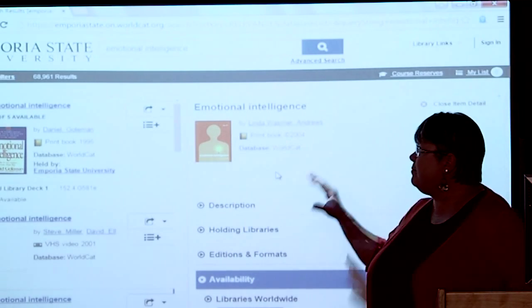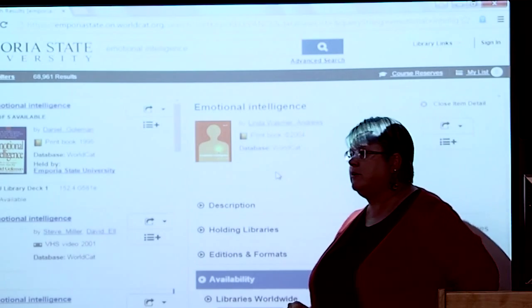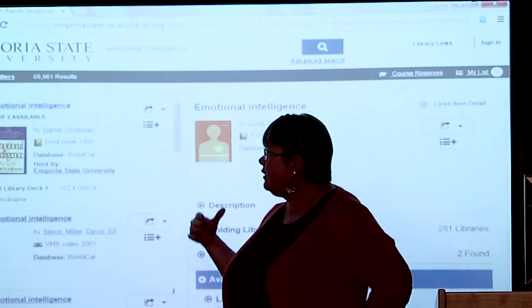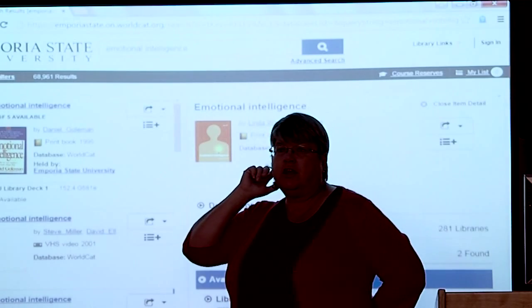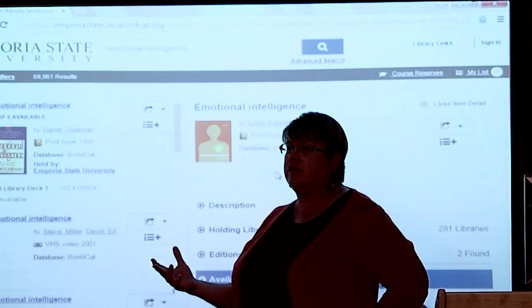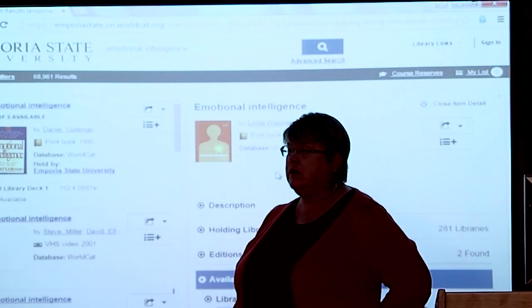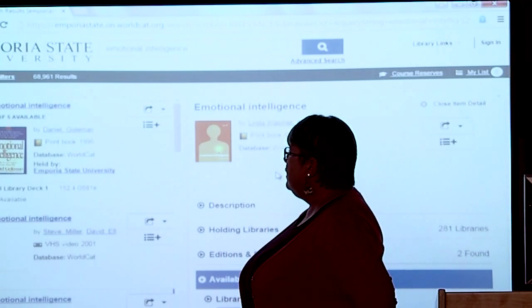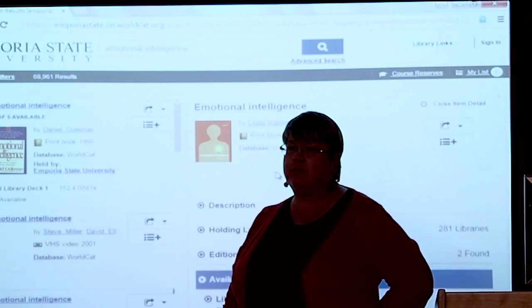So it really expands the way we can search materials, because by doing this discovery search, you're searching worldwide. So we're searching resources all over the world to libraries that are members. So it really expands what we're doing.